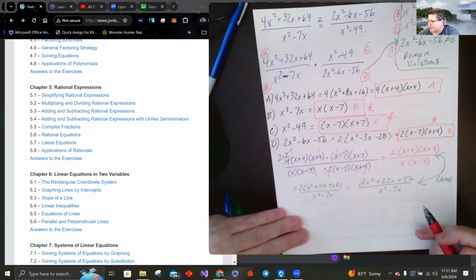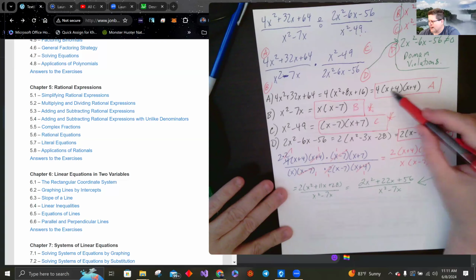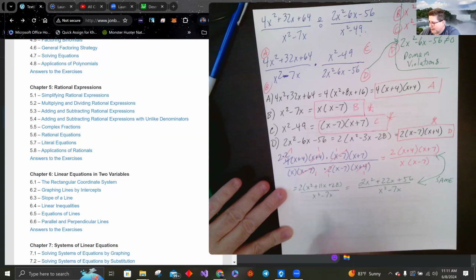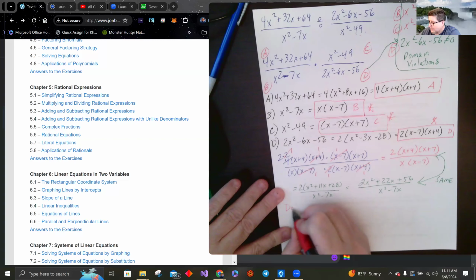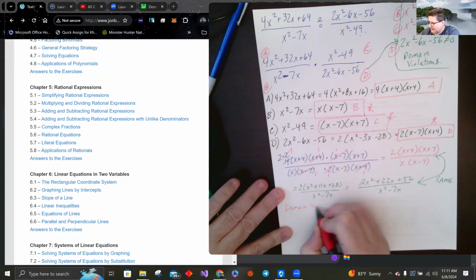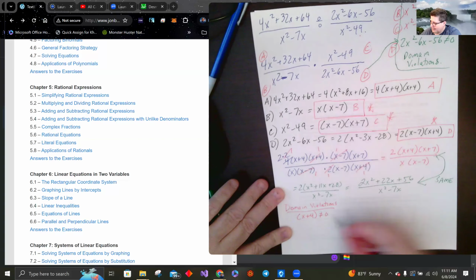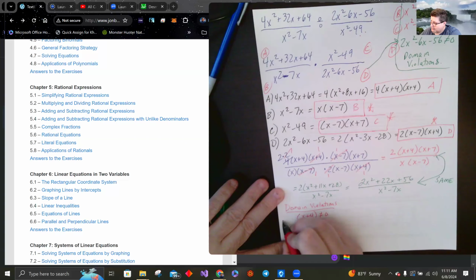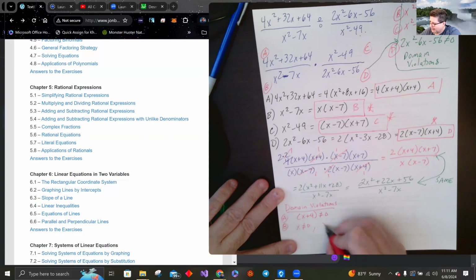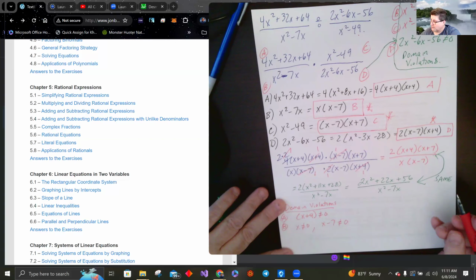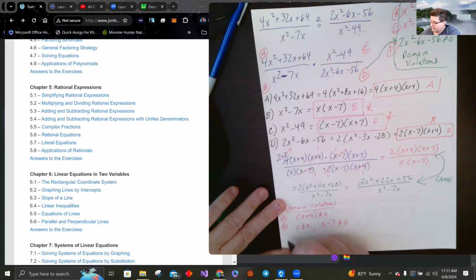Let's go back and look at our domain violations. I've got x plus 4 twice, but I only need to write it once because you can't just violate the same value twice. So x plus 4 cannot equal 0. From B, I have x cannot equal 0 and x minus 7 cannot equal 0. And from C,